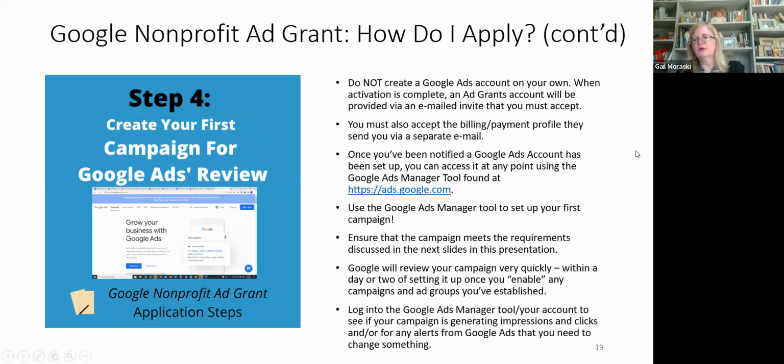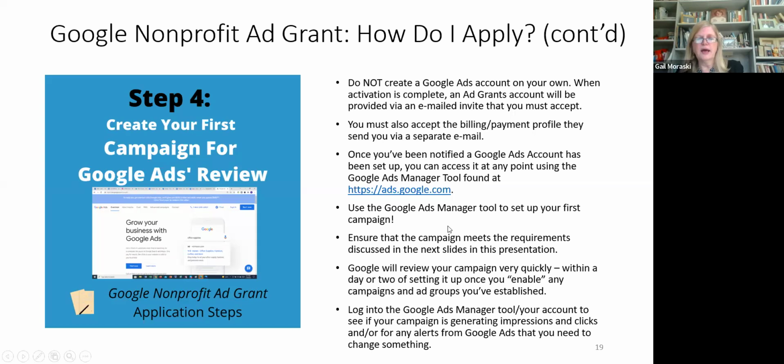As far as setting up your Google Ads campaign, and we're going to go into that in more detail, I mentioned earlier, you don't want to set up your own Google Ads account or give a credit card the way you would if you were a for-profit organization. Wait till you hear back from Google. You'll get the email from them about accepting a billing payment profile, and you'll also get information about how to access your Google Ads account. I did put the URL in there that you'd be going to, but wait till you hear back from them.